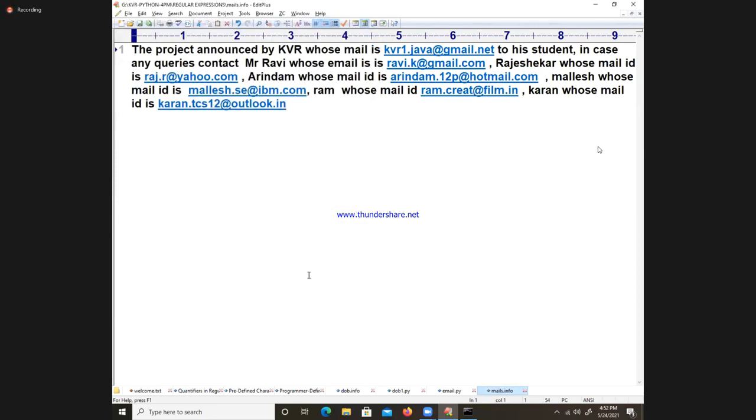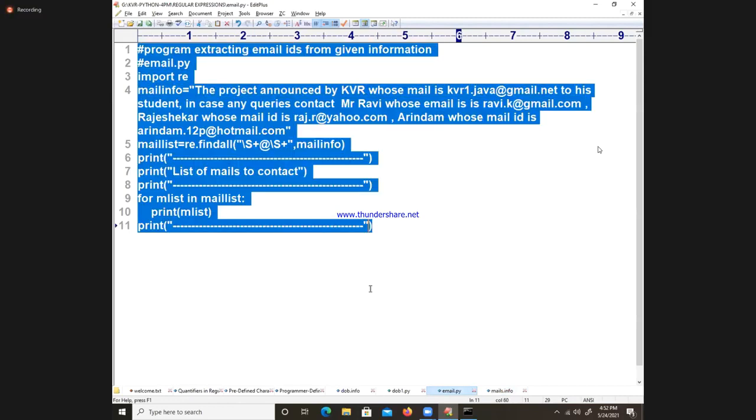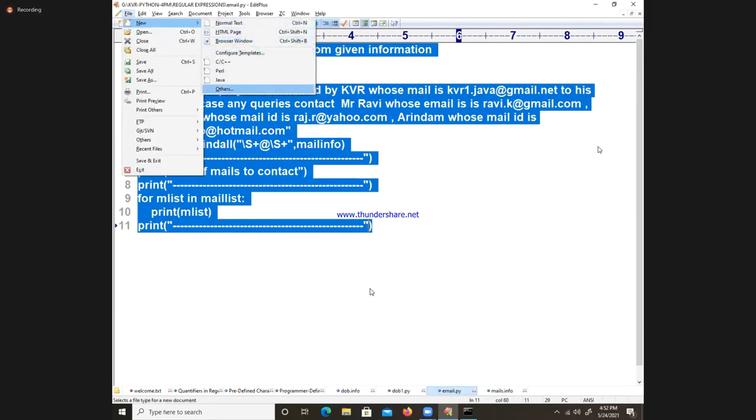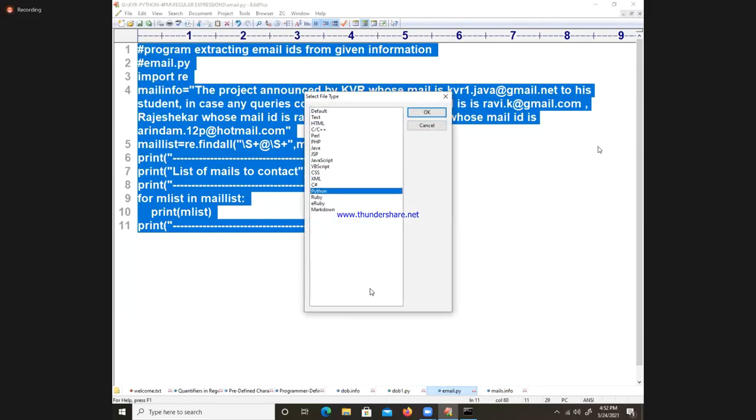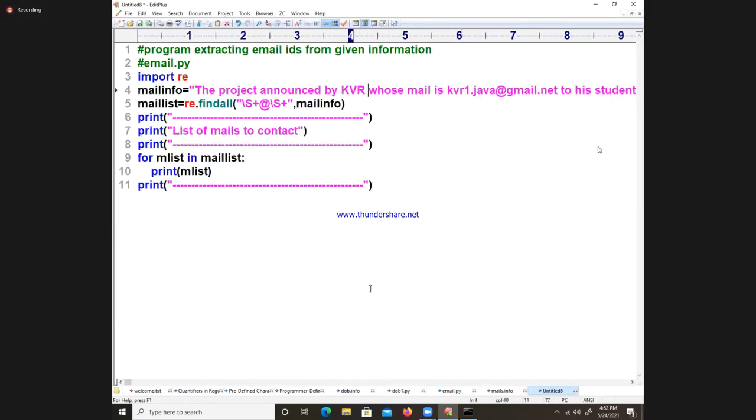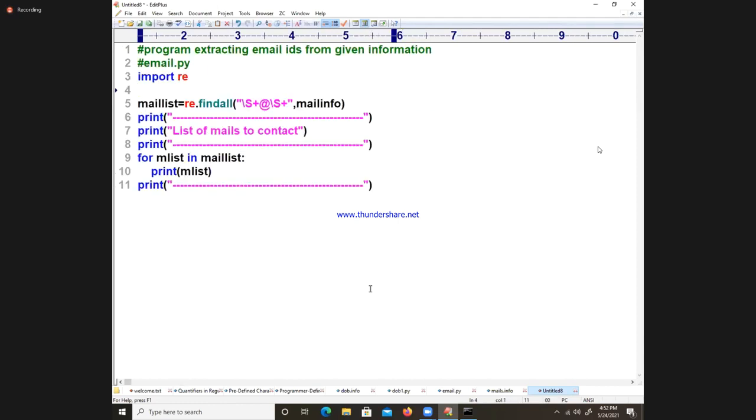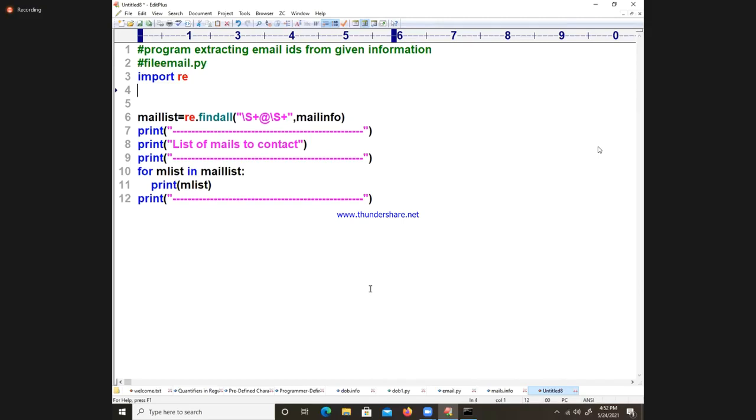Coming to the point of it, next, I will write the code. This is my program. This I will copy. Not at all difficult. I will paste it here. I will remove this data. I will remove this information. So, email, files, file email dot py. Next importing. I will say with open. What am I doing? What is my file name? mails.info,